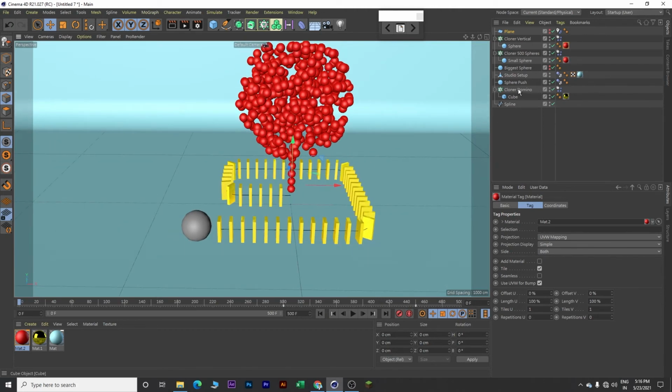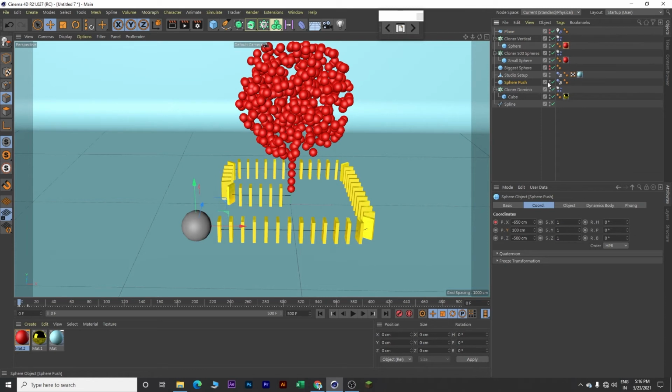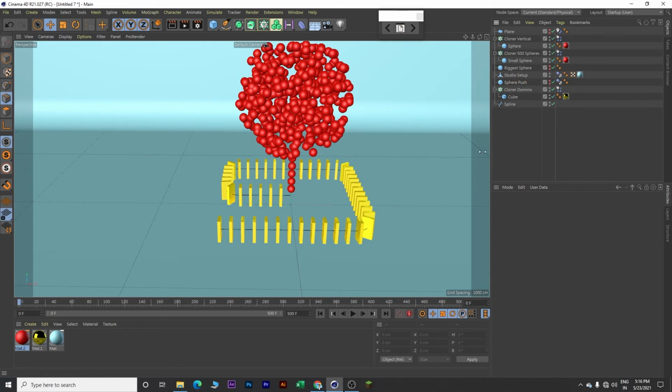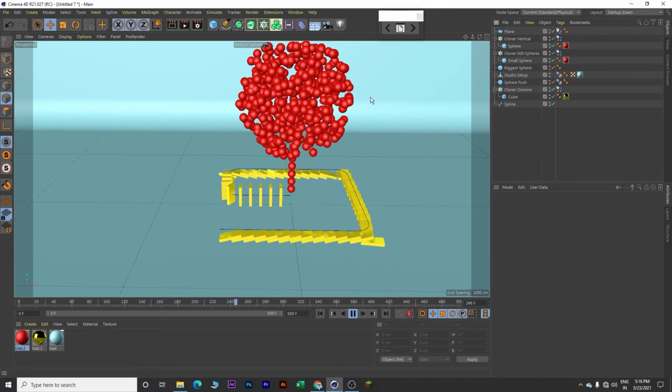Now next go to this sphere push and again we will make this invisible. So double click on this top dot and bottom dot. So now our sphere push is also invisible. Click somewhere over here. Now let's play our animation one more time. So click on this play button and let's see how this looks like. Okay, this looks good. Let's see how these balls look like. So let's watch.